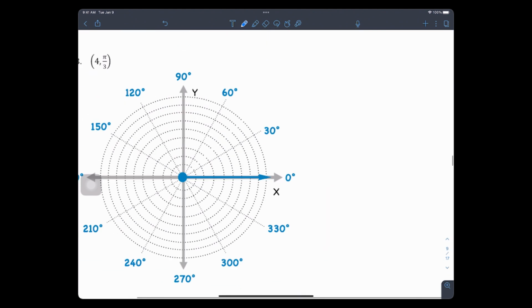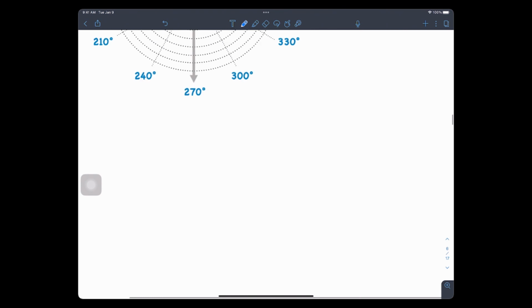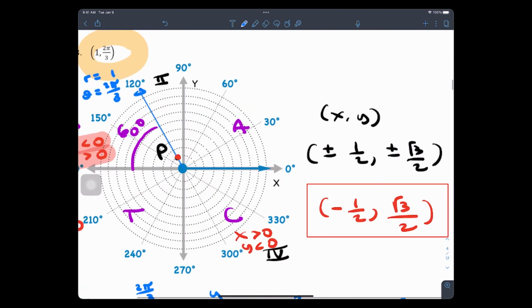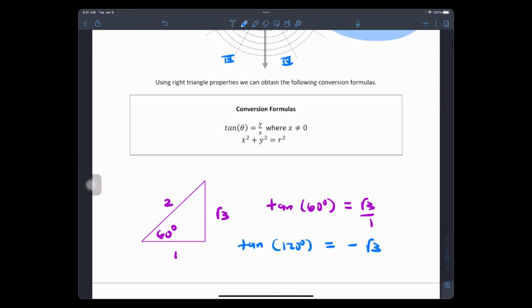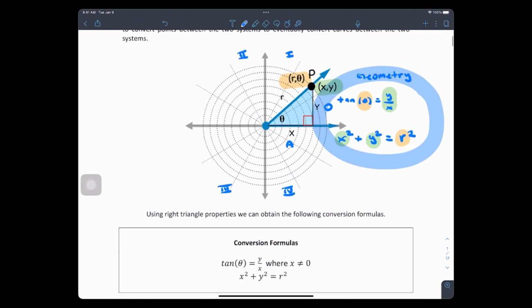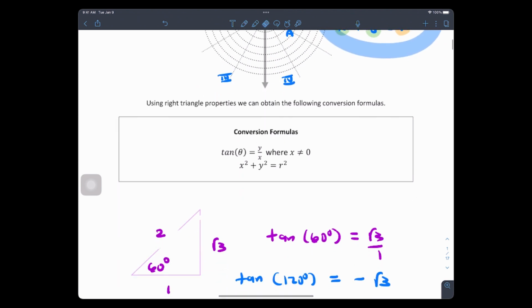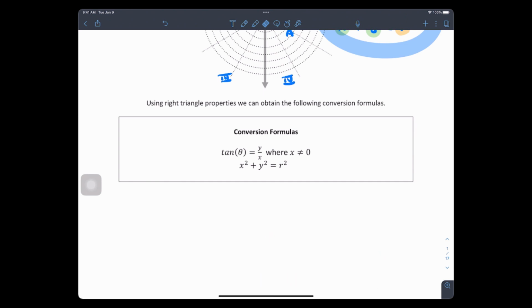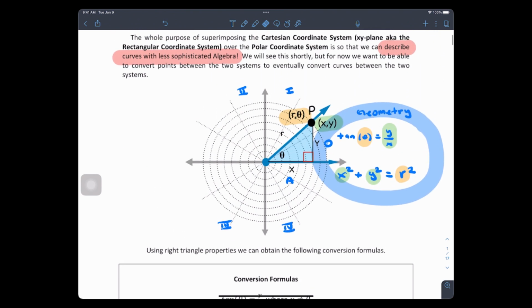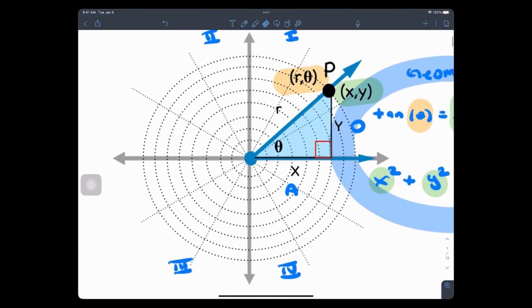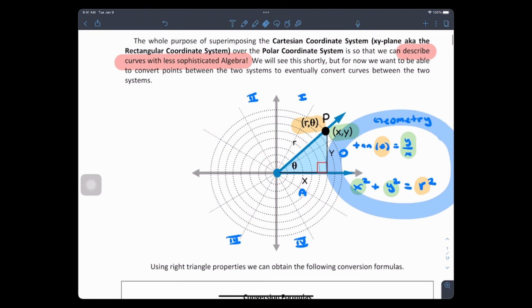But what I'm going to go back and show you guys here is this. Let's go back to the original conversion formulas. Because there's a little bit more to the story when you convert here. See if your book wrote it down. Yeah, your book did write it down. So there's more to the story. Let me remind you guys here, right? You also have